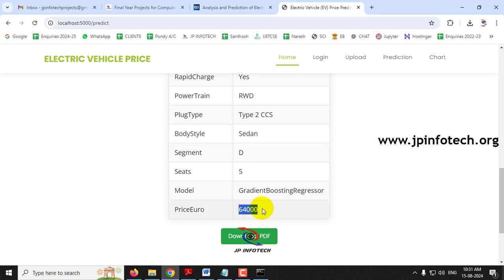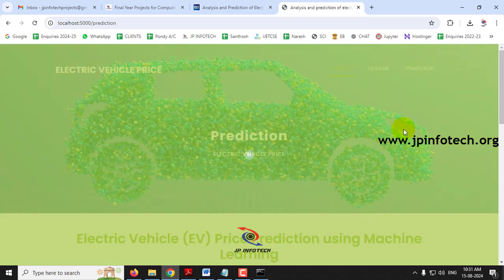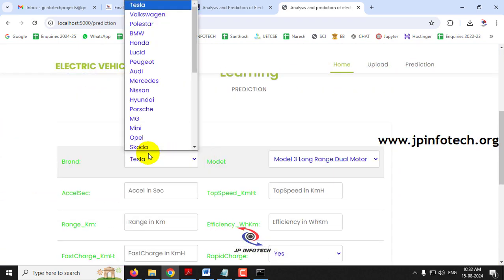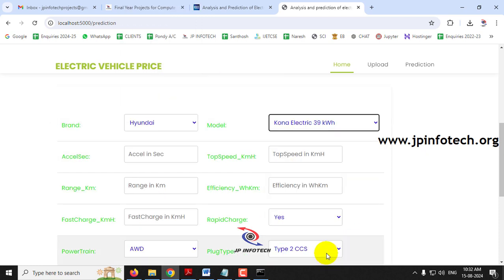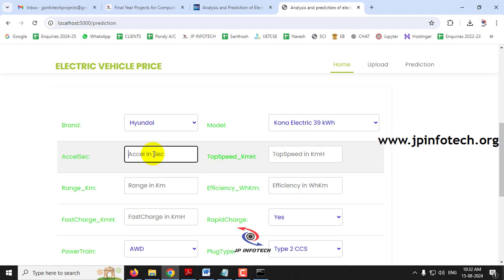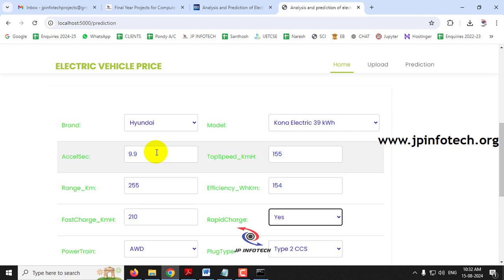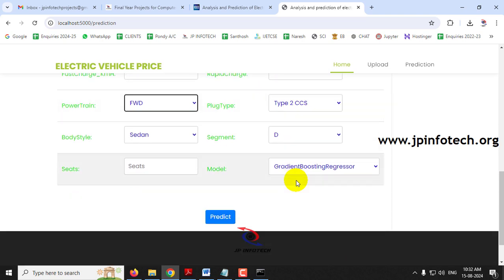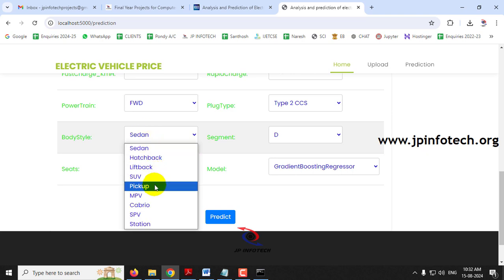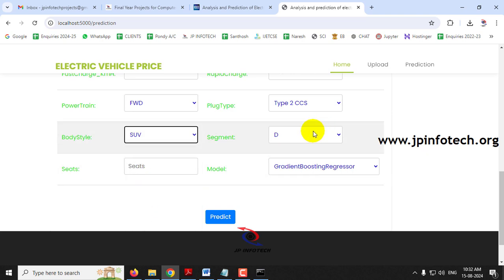is 64,000. And finally I will show you the final case with the brand Hyundai, model as Kona Electric 139, acceleration is 19.9, top speed 155, range is 255, efficiency 154, fast charge 210, rapid charge yes, powertrain in front, plug style is type 2 CCS, body style is SUV, segment is B,